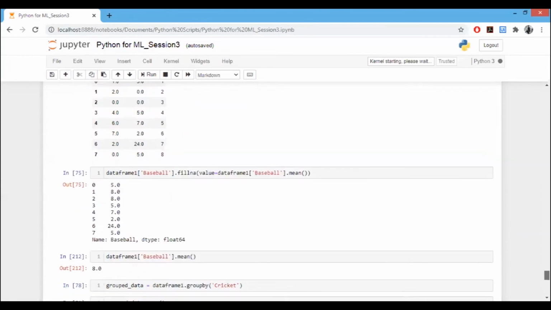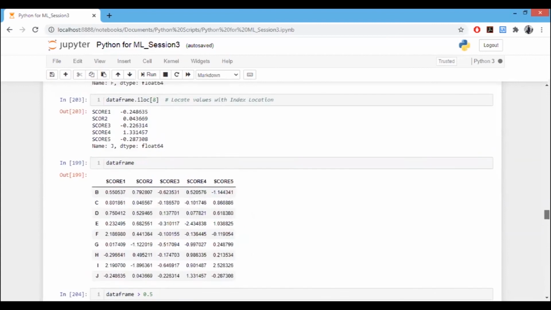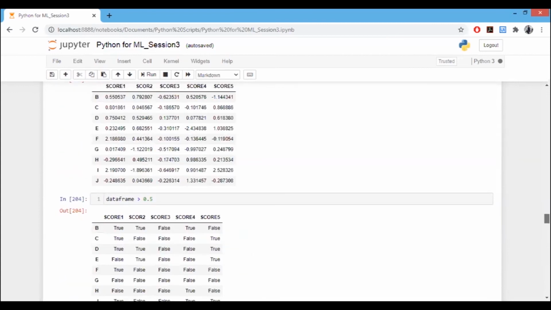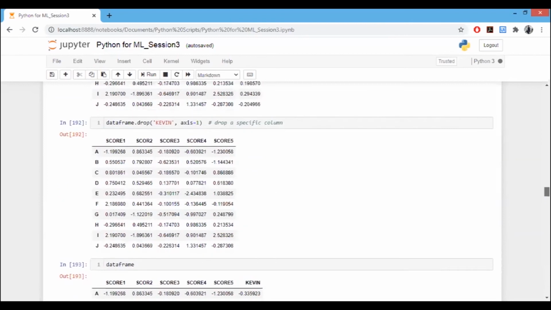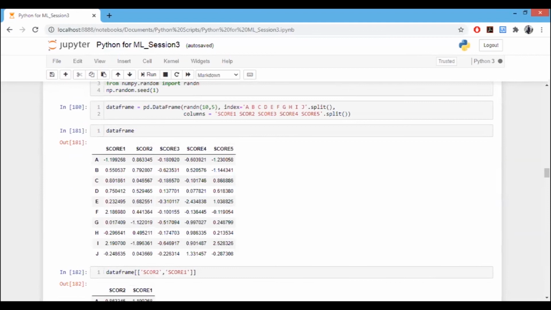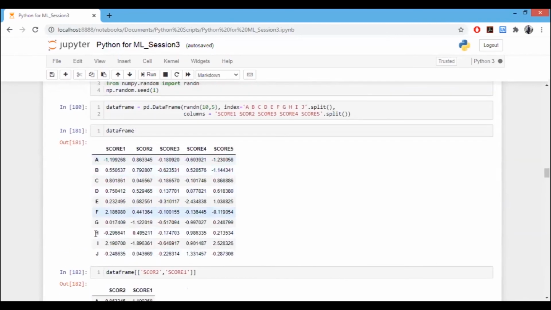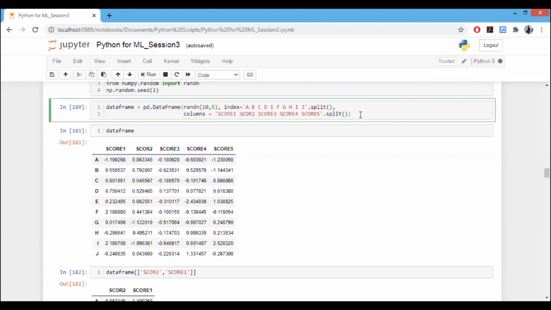We will take the data frame from one of the previous exercises. Let's go back to one of our previous Python exercises in pandas, where we created the data frame. Yes, here was the data frame that we created on various scores. I had my teams, I had my columns A, B, C up to J, and I had certain numerical values. Let's say each index denotes a team, and these are their respective scores. So if I run this data frame,